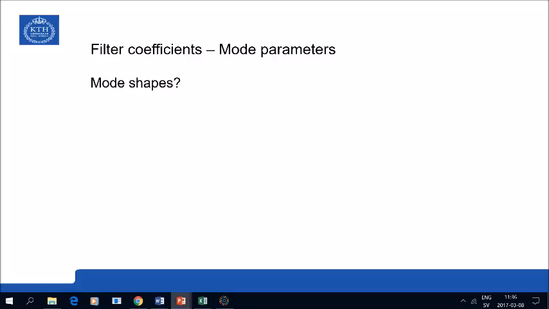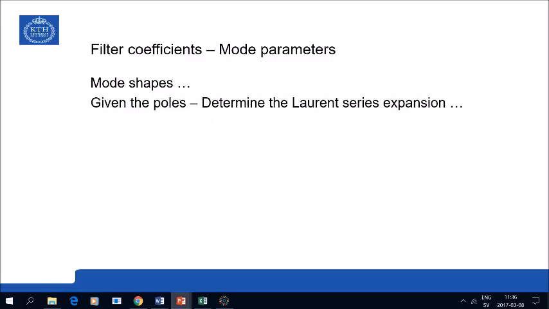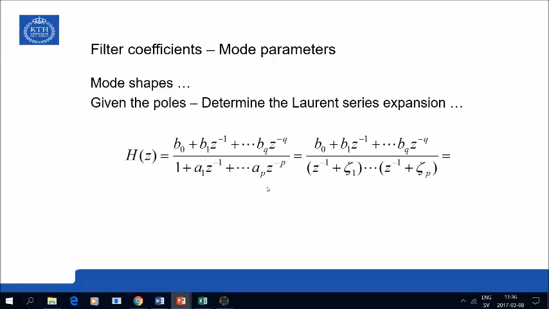The mode shapes then. How can we find the mode shapes? Well, if we have determined the poles with the method we described on the previous slide, we can determine its Laurent series expansion. So we have the system transfer function like this, and express it with the factor theorem like this. Then it's fairly straightforward to use a rational fraction expansion and express it as a sum of fractions like this. So for each pole here we have one fraction, and the